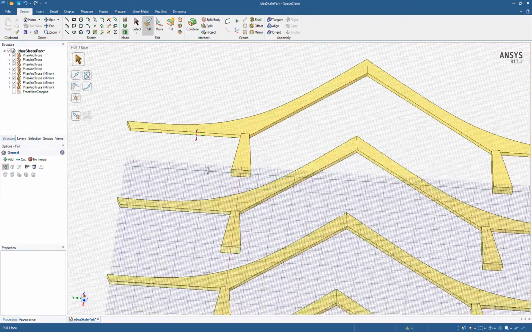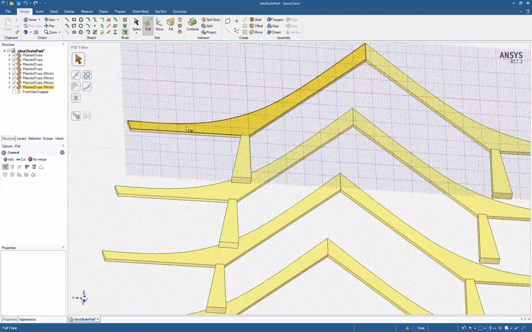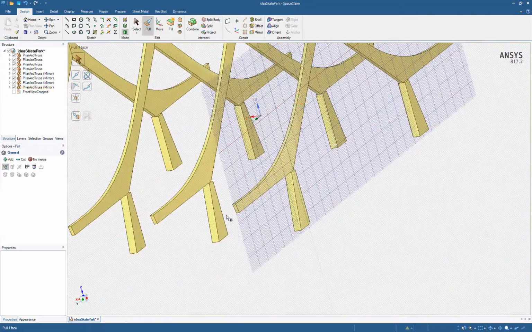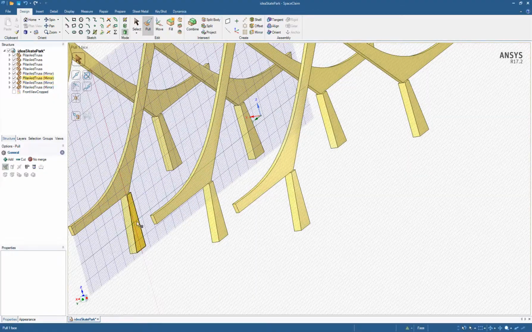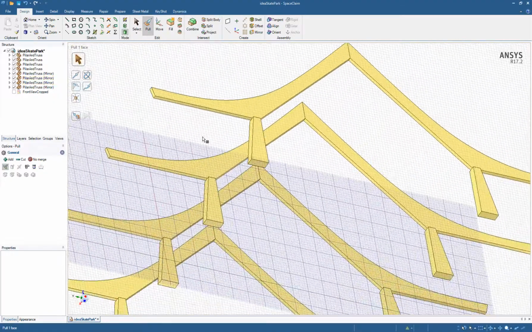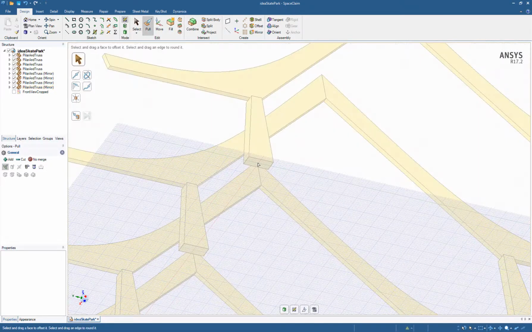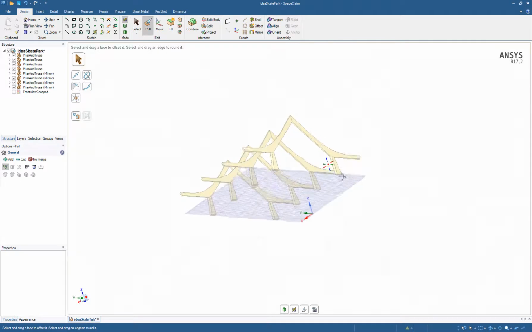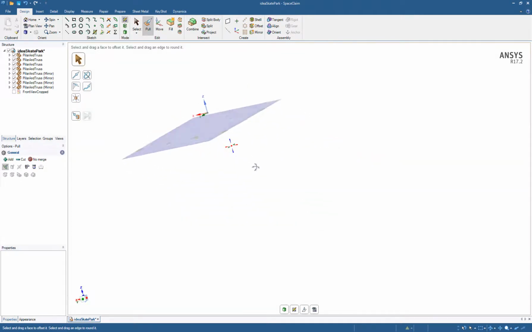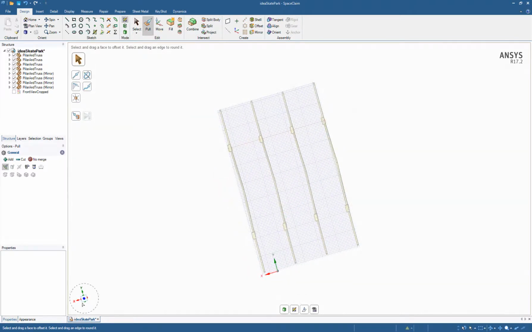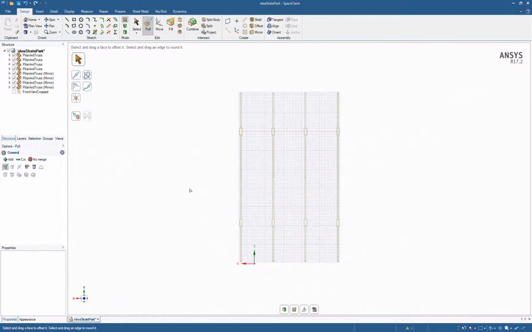Okay, so remember, SpaceClaim is asking me to choose the plane that I want to put a sketch in, and I've got all these different options as it senses faces of objects. So I didn't click anything yet, but now I'm going to select the pillar bottom, and that gives me a template basically that I can put my floor on. So I use the compass down at the bottom left to orient and get a straight view, and